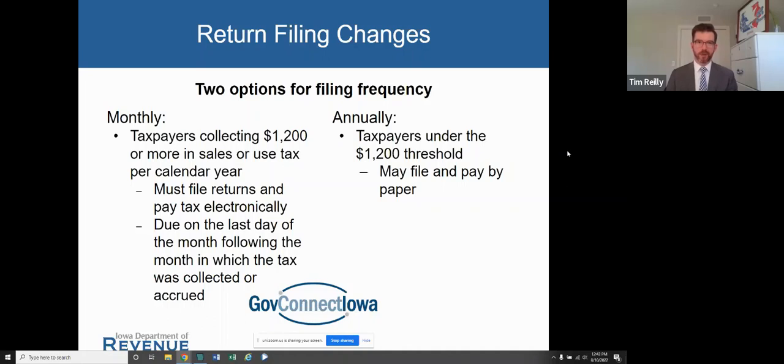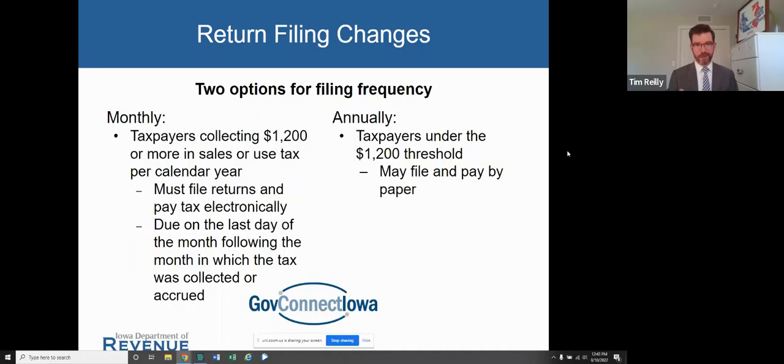Previously, the annual filer group was taxpayers who only collected up to $120 in tax a year, which is almost nothing, $10 in tax a month. And so we added a 0 to that. Anybody who collects under $1,200 can be an annual filer. Anybody who collects $1,200 or more should be a monthly filer.